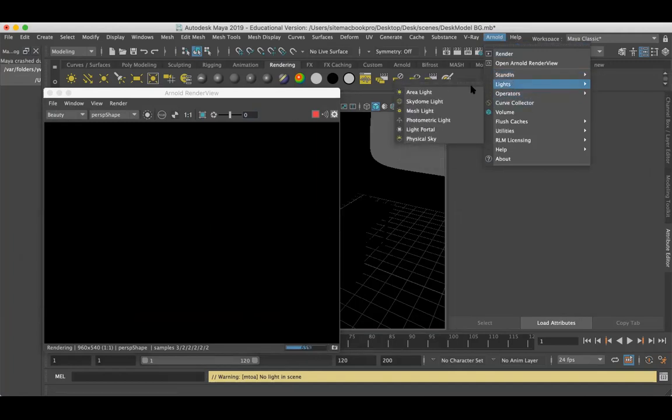I will explain the Arnold light properties in the next classes. It has more detailed things to go with, the Arnold light features, so I will teach you with a separate class for Arnold lights.